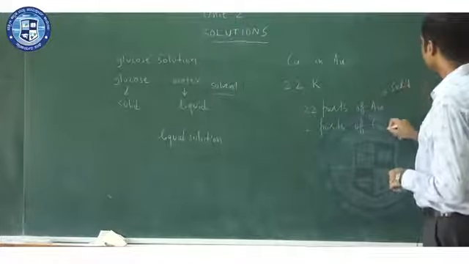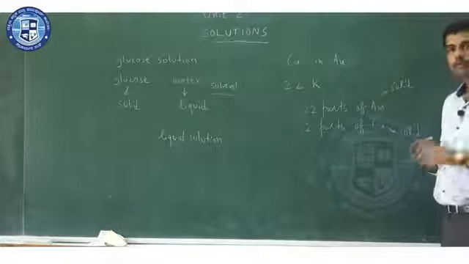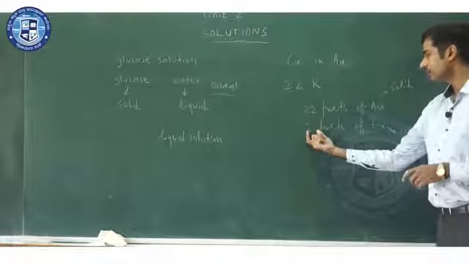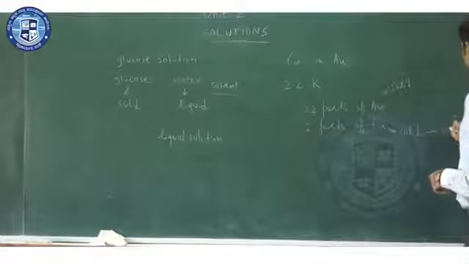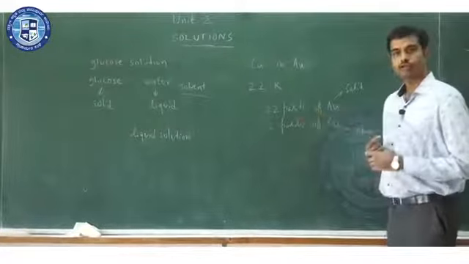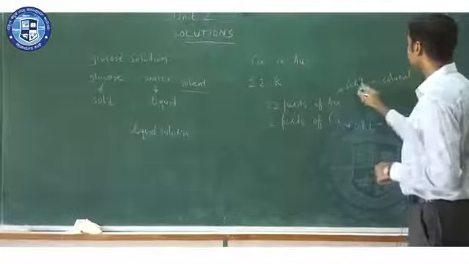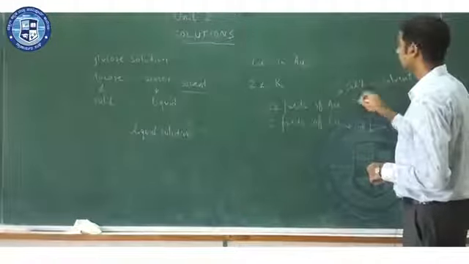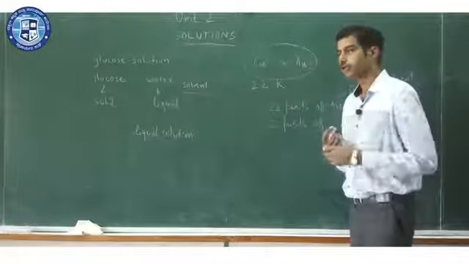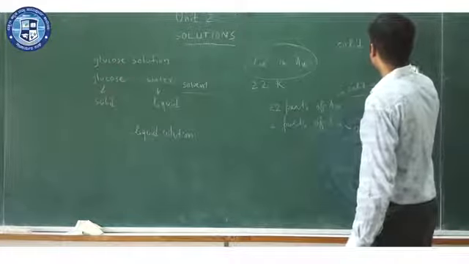Gold is a solid, even copper is a solid. Next, I observe the proportion. I observe that copper is present in a smaller proportion and therefore will be the solute. Gold is present in a larger proportion and therefore will be the solvent. I observe the physical state of the solvent. This is a solid, and hence this mixture, a homogeneous mixture, a solution, will be classified under a solid solution.